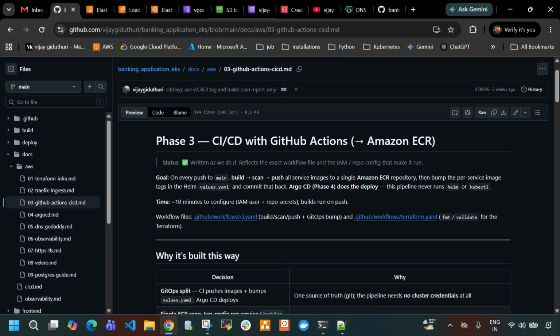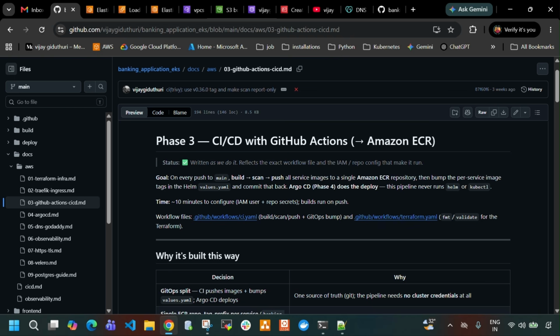Okay. Here is a really important design decision. The pipeline only builds and ships the images, but it never deploys to the cluster directly. It updates a version file on Git, and then ArgoCD, which we will set up in the next phase, notices the changes and does the actual deployment. And this is the heart of GitOps, guys. Git is the single source of truth, and the pipeline never deploys, and the cluster passwords are